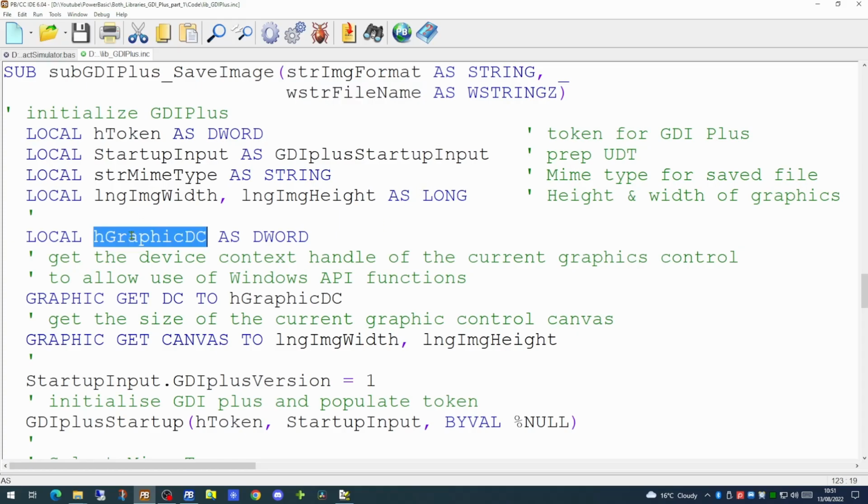We're creating a handle for the graphics device context, and we're using the graphic getDC to that variable. Picking up this handle will allow you to use Windows API functions on our graphics control. We can then determine the size of the graphics control by using the getCanvas command. This returns two values, the width and the height of our image.